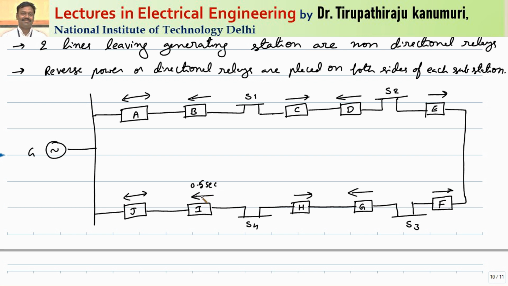Then next to this one, which relay will operate in the same direction? The relay number G will operate. So I am keeping 0.5 seconds difference. So this will operate after 1 second. And which relay is having the same direction? Again relay number E. So this relay number E will operate after 0.5 seconds more, so this is 1.5. Again relay number C, this will operate after 2 seconds. So after this, which is operating in same direction? Relay number A. So this is set to operate at 2.5 seconds. So in this way you have to do.